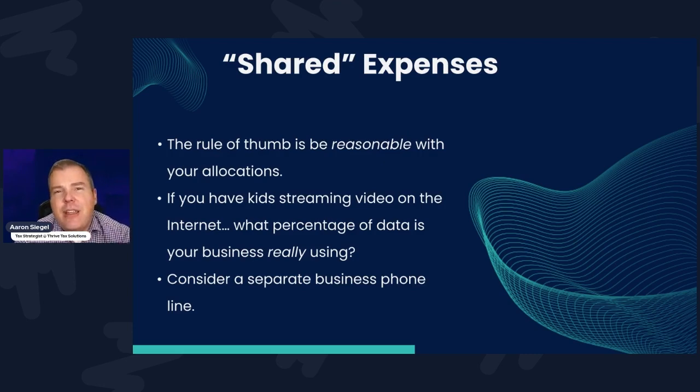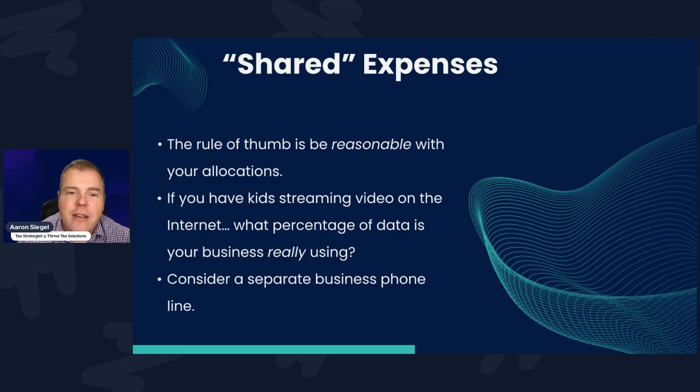Now, the next one is really about shared expenses. And this one applies to Schedule C businesses. It applies to S corps, really anything where you're mixing a little bit of business and pleasure. So the general rule of thumb is be reasonable with your allocations, right? If you have home internet and you're claiming 100% of that for your business, that's probably not reasonable, especially if you have kids at home who are streaming video and playing games and doing all of the things that kids